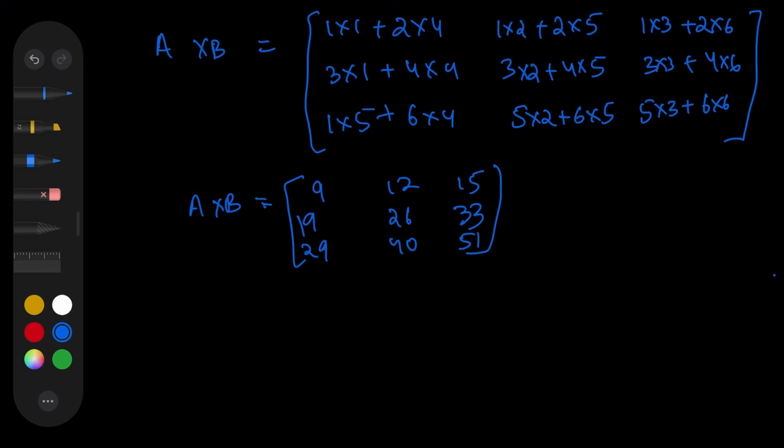So this is the matrix multiplication, and this is the resulting matrix A cross B. So this is how you do the matrix multiplication.